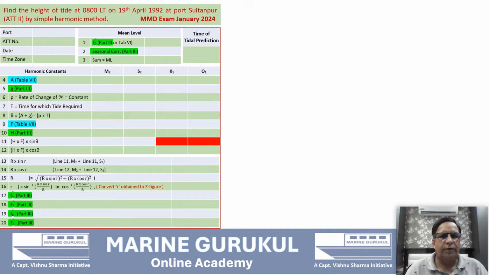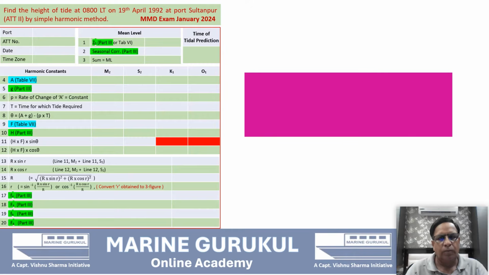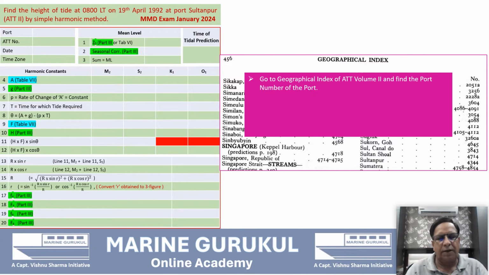So the first thing we'll do is go to the geographical index at the back of the concerned ATT volume, in this case ATT volume 2. We'll go to the geographical index wherein the ports are in alphabetical order, and the geographical index would look something like this. Here we shall locate our port. Our port is Sultanpur, that's highlighted in the box out here. Against this we have the port number